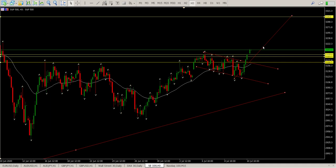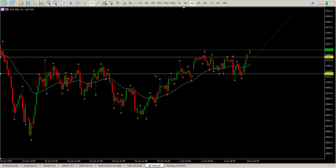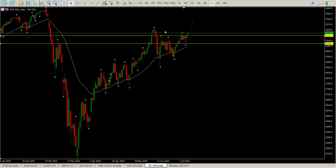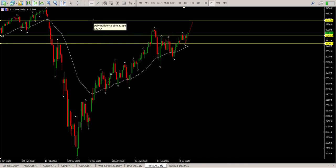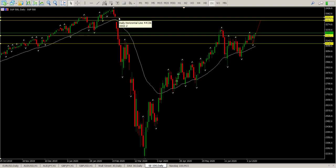The other thing about this, if I just delete the noise, is you can also argue that this is a range, okay, of there. So you can see first bottom of the range, top of range, bottom of range, breakout of range. Okay, you can argue the same scenario, but the exact same pattern. You can see move up, sideways consolidation, breakout. Okay, 3,300, where does that take us to? 3,300 is pretty much right here at the bottom of the gap, which then would obviously bring in the gap itself. And if I look to the left, you can see the structure there. So that's my next target area is